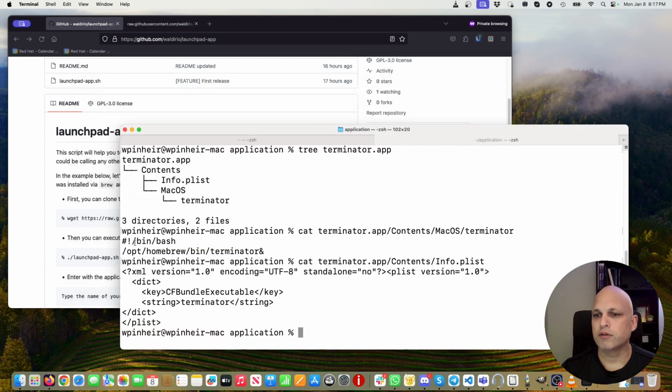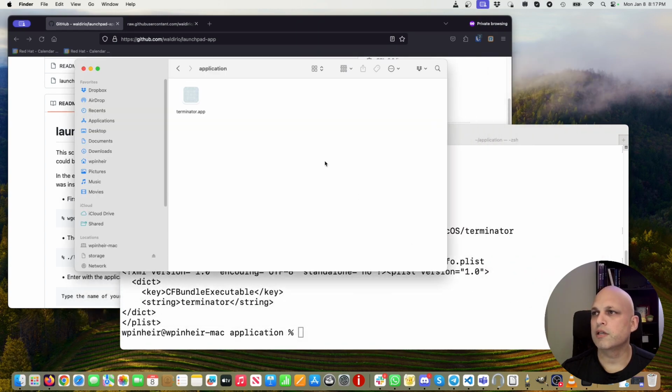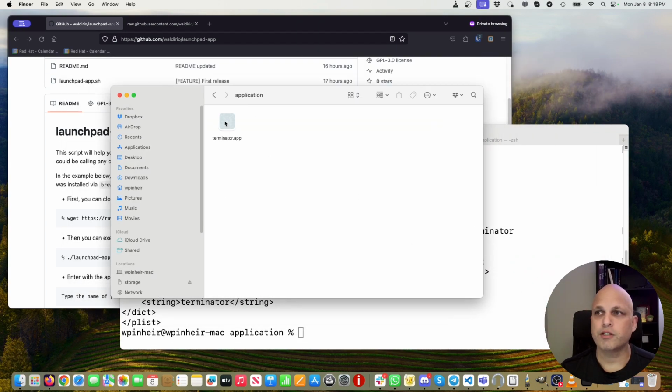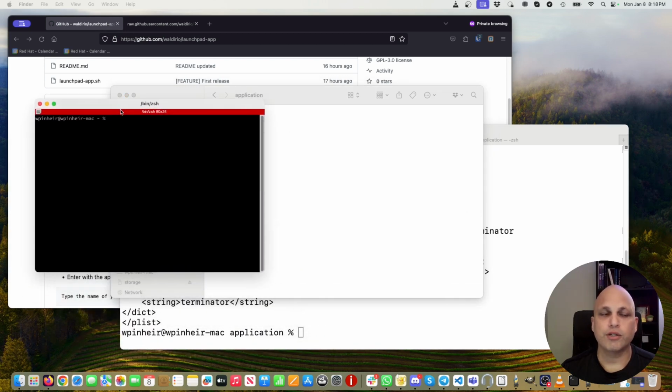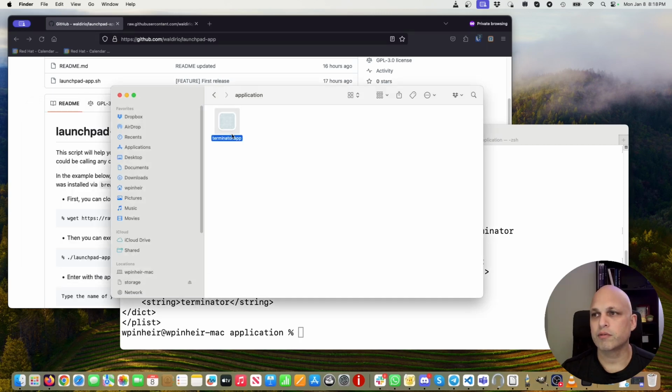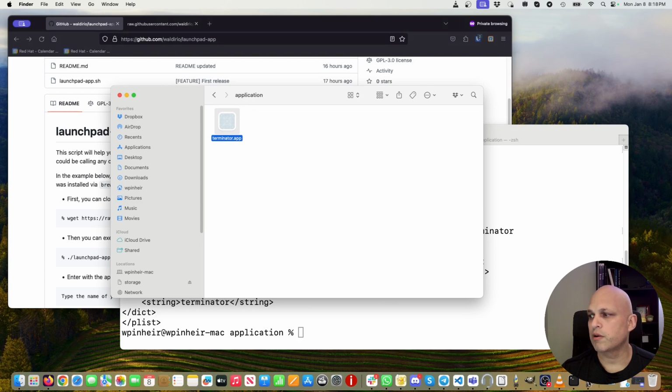Okay, let's take a look now using our Finder. This is the folder, application. This is our application. If we double click, the application will be launched as expected. And once I close this one, there you go. If we take a look again, we can see here at the bottom, Python.